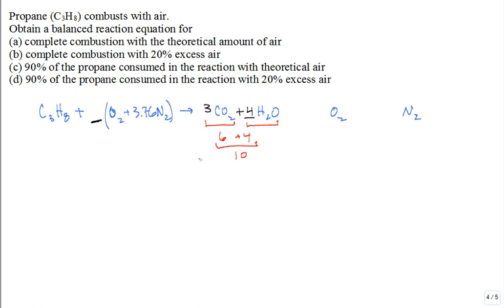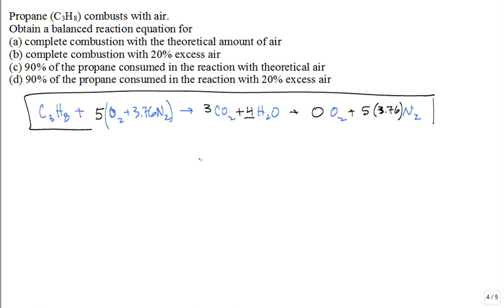Then I come back over here. Sometimes I'll write 10 over 2. Sometimes that math is too easy. I just say, I know what that is. It's 5, okay? I got it. It's 5. Now, is the oxygen balanced? Yes. Then I come over here. If it's 100% theoretical air, there's no oxygen excess. And I have 5 times 3.76 N2. That's the answer